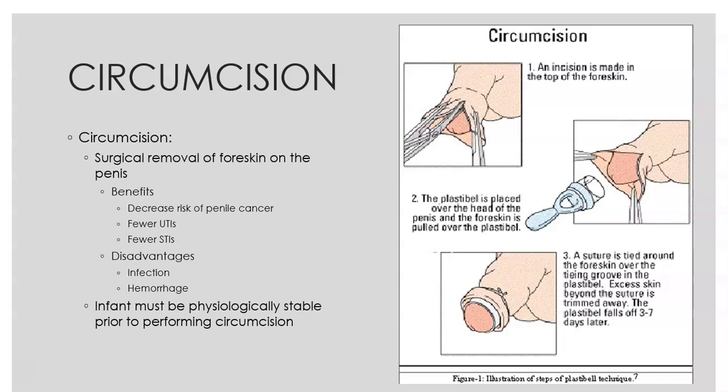In order for baby to go home, bleeding doesn't have to completely stop. If they just have some scant bleeding or oozing, that's okay, but they have to void before they go home. You want to make sure there are no urethral problems or penile problems resulting in them not being able to pee. On page 588 in your book, it does talk about discharge instructions in detail, but some of those are some of the biggest ones. Keeping it covered with Vaseline, making sure they're peeing, and obviously watching for excessive bleeding, and then keeping it clean.